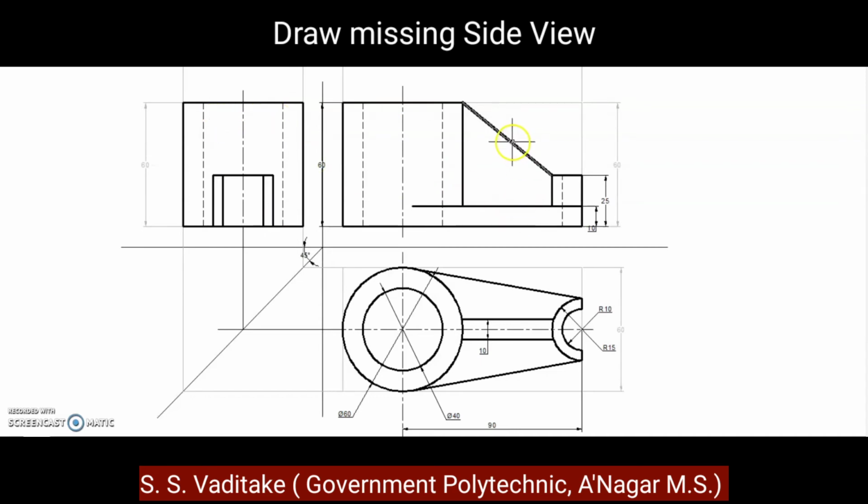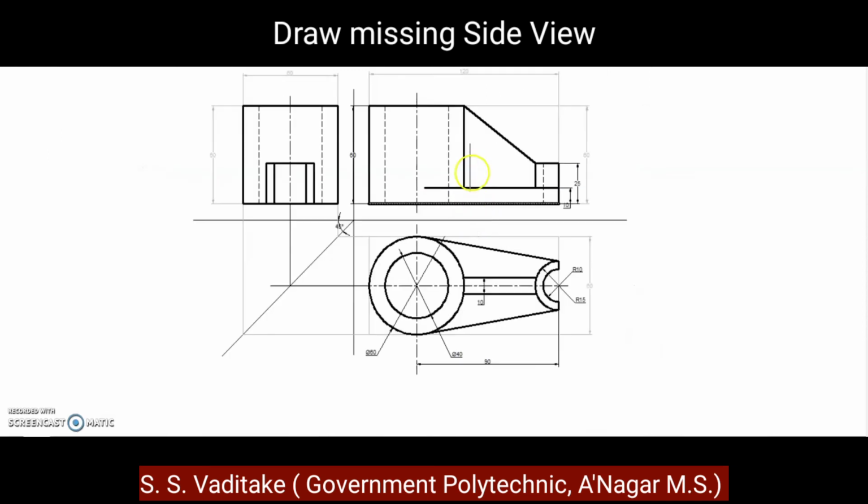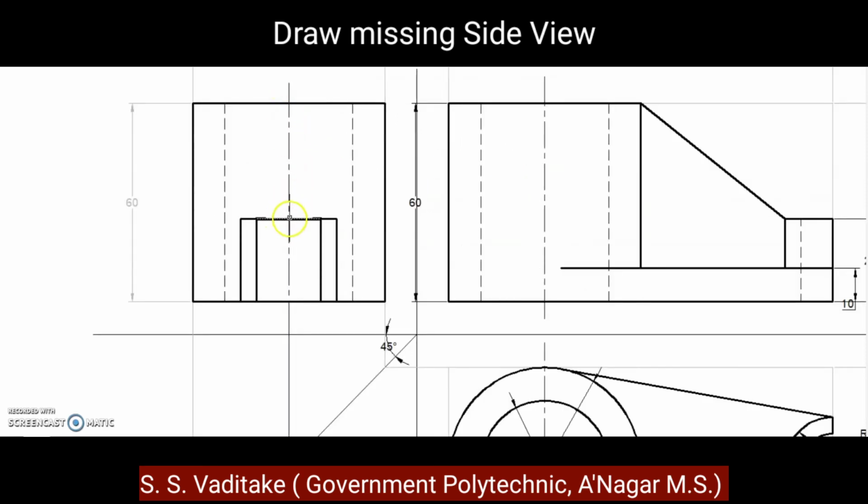Now then we will consider this rib. A rib is of a width 10 millimeter, which is symmetrical about this center line, and its topmost point is here, and it joins up to the here. Means it will start from this point up to this, which will be the visible. So we'll draw this rib of which the width is a 10 millimeter. So from this point go 5 millimeter toward the left and draw this line up to the here. Again from this point go 5 millimeter toward the right and draw this line.